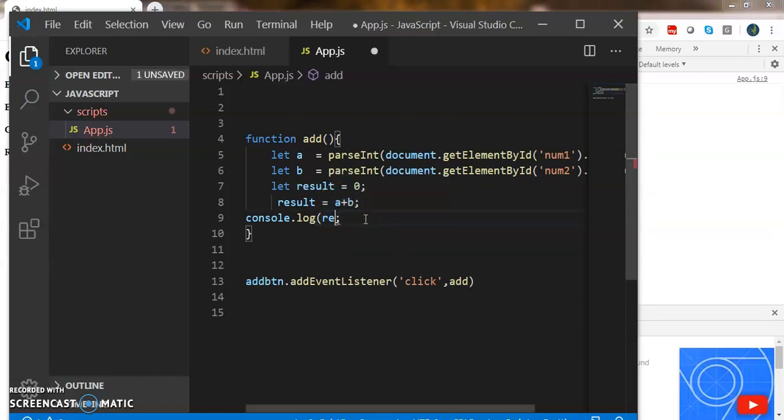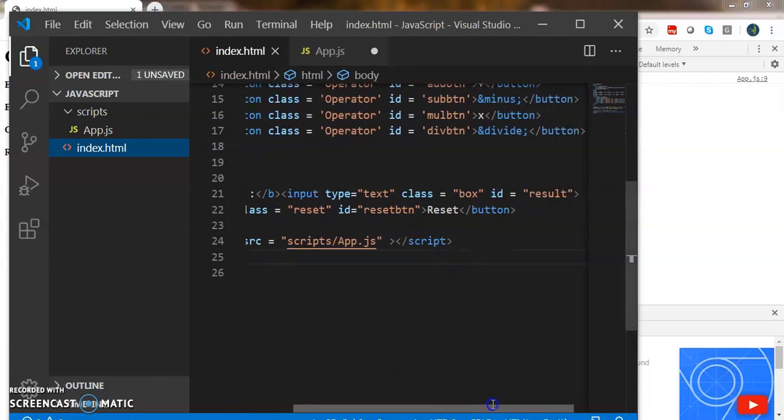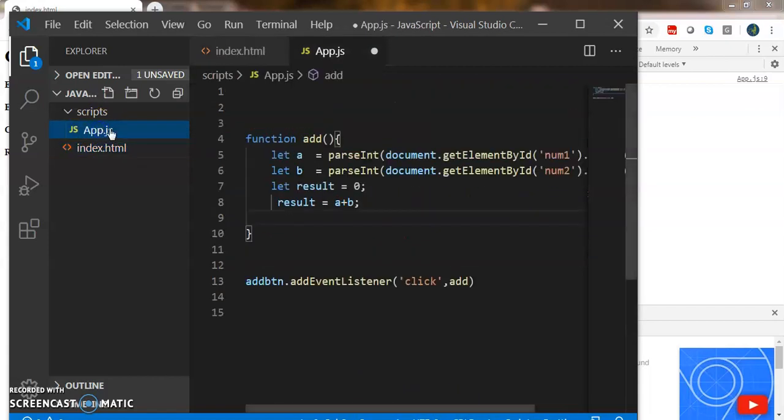Instead of this, I want to write the result into the result text box. So the box ID is result. In order to read the value of the element or write a value to an element, we can use document.getElementById.